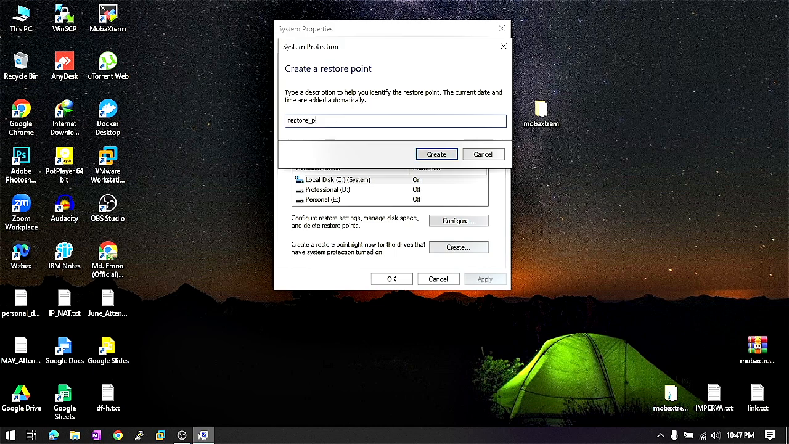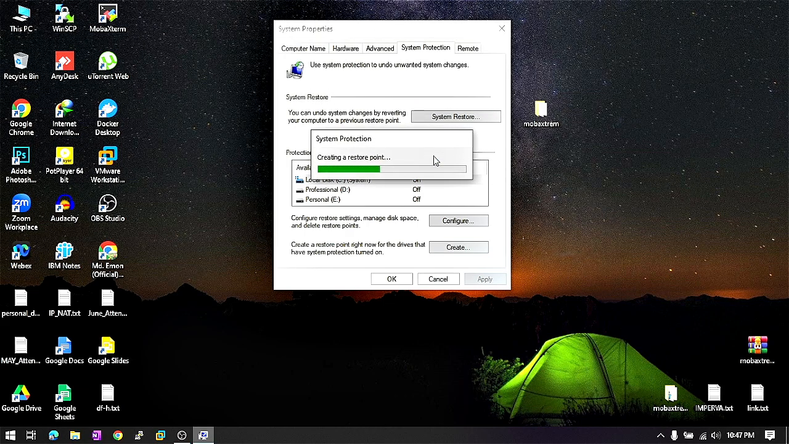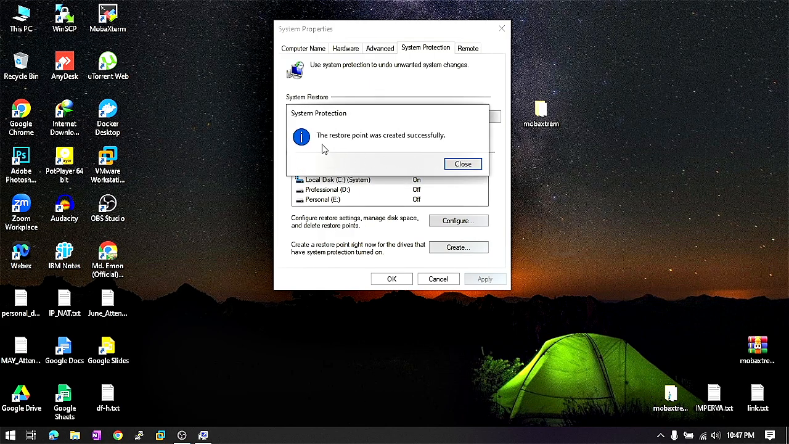Restore point August, and then create. It takes a little bit of time to create a restore point. Now see, the restore point was created successfully, and now close